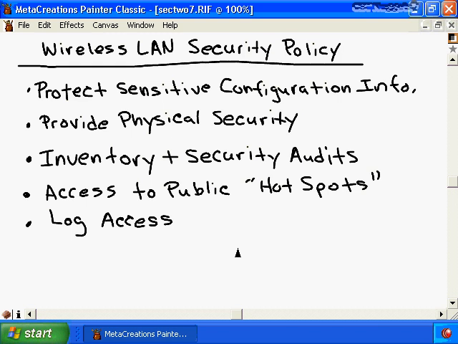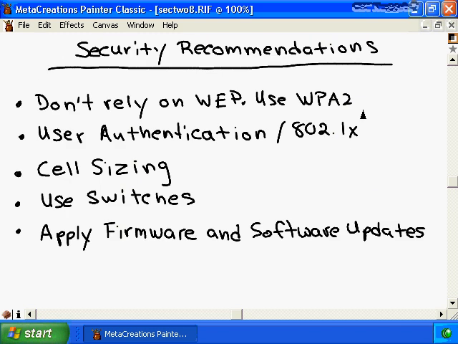And let's finish off now with some general security recommendations for our wireless network. First off, because WEP can be cracked so easily and so quickly these days, a company should not rely solely on WEP as their sole means of protecting the wireless network. Even if a RADIUS server is used to provide user authentication and dynamically assign WEP keys, and the WEP keys are being rotated every 10 minutes, the attacks on WEP now are so sophisticated that users can generate enough traffic and capture enough traffic within a 2 to 5 minute time frame